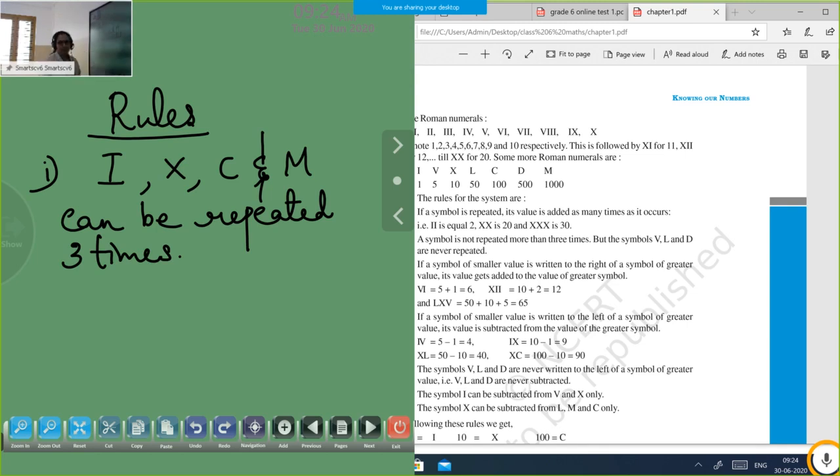See what is the specialty of these numbers children? I means what? 1. X means what? 10. C means what? 100. And M means 1000. That means, see, 1, 10, 100, 1000. These numbers only we can repeat by maximum 3 times. Repeated maximum 3 times, okay? See, for example, if it is